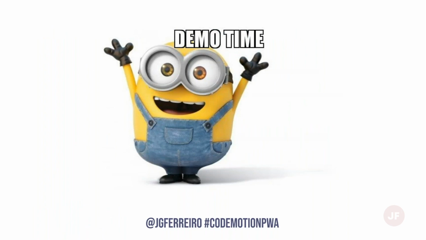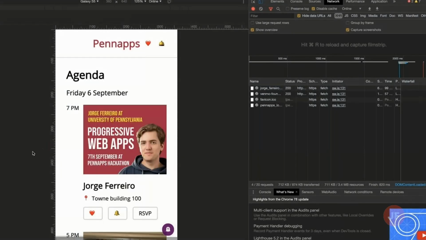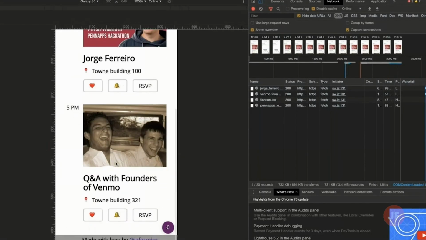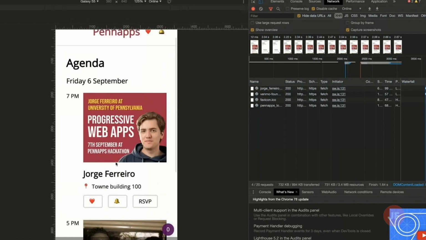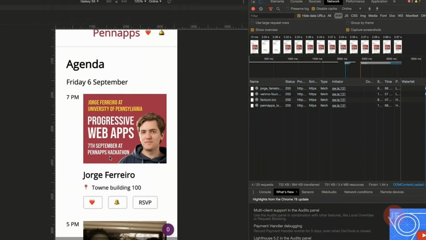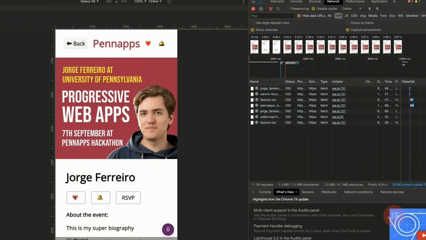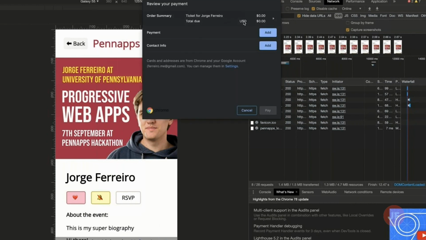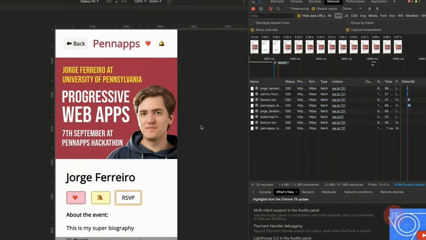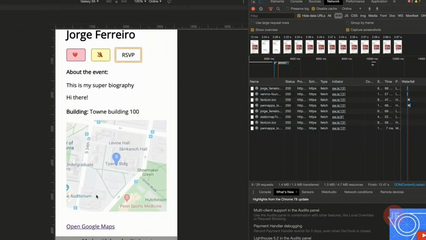Demo time. I recorded a video because, you know, demos are demos. Basically, this is the application. It shows a list of the different events. You can mark a favorite. You can receive a notification when that event happens, as well as reserve a seat directly with the payments